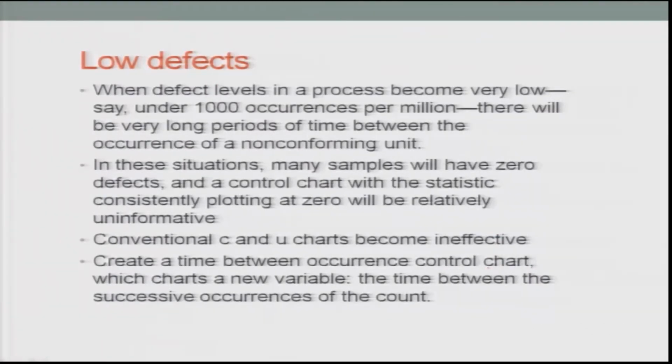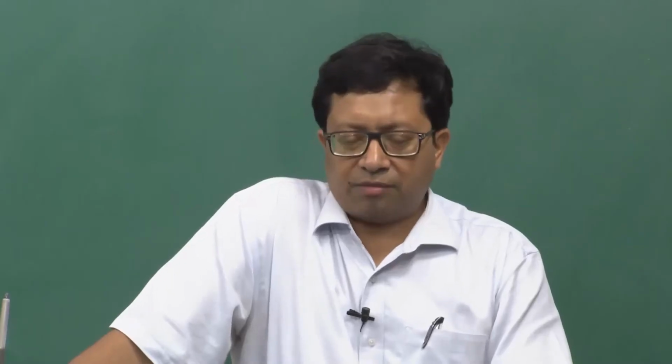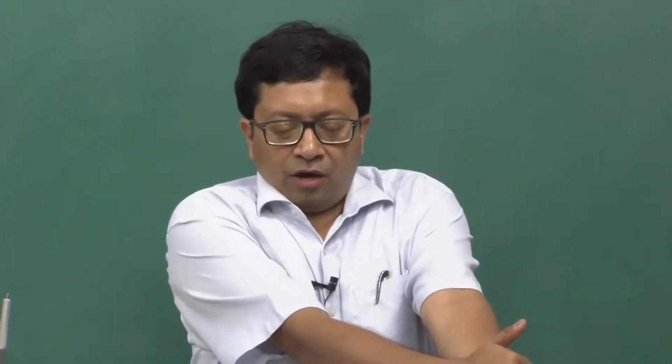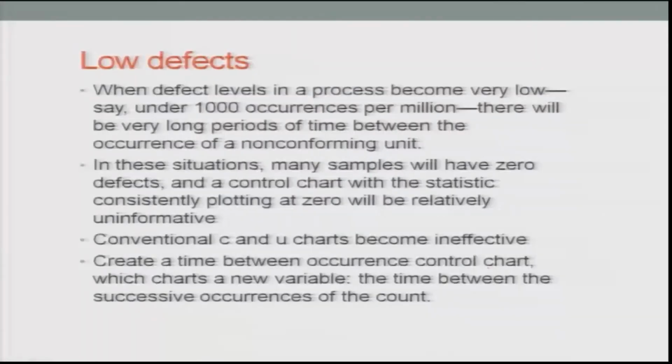With low defects, we are interested in finding out the reasons and causes for defects and how they can be made low. In general, technically we would not want any defect, but that is practically not possible. So we will have defects, and the question is how you overcome that. We saw that using different types of charts and tables. When the defect level in a process becomes very low, say under 1000 occurrences per million, there would be very long periods of time between the occurrences of a non-conforming unit. In these situations, many samples will have 0 defects, and control charts with the statistic consistently plotting at 0 will be relatively